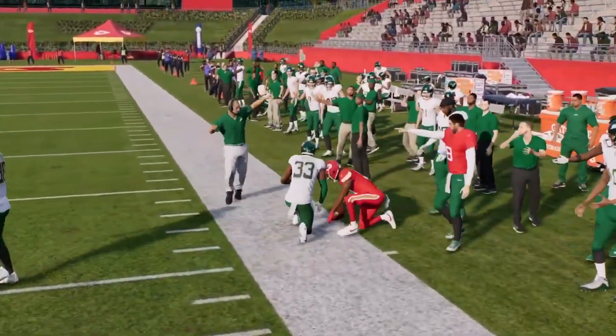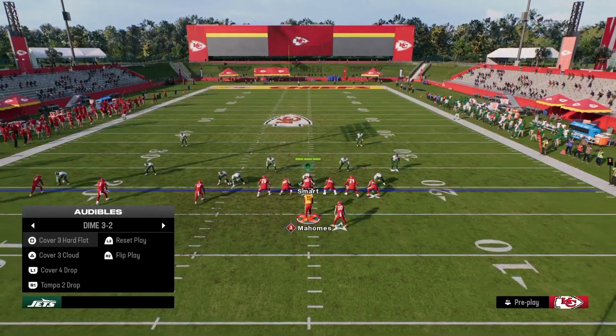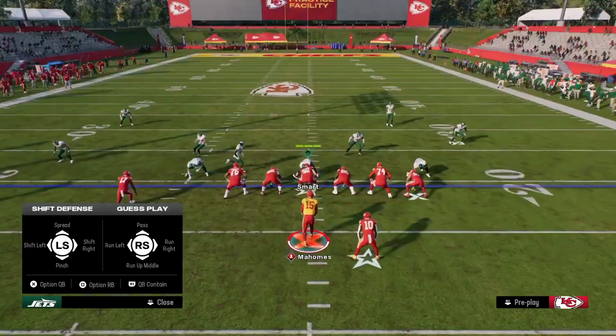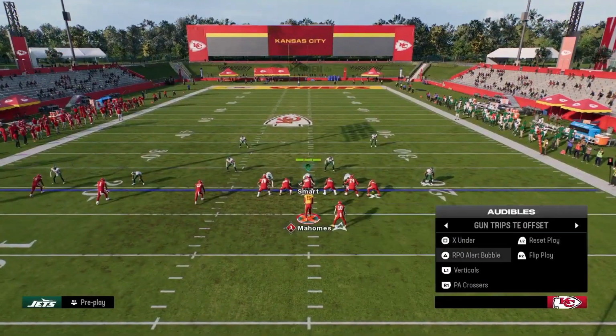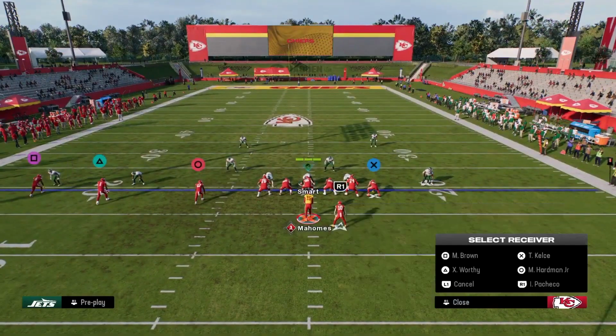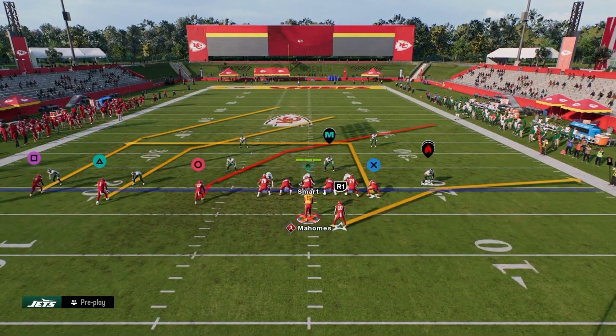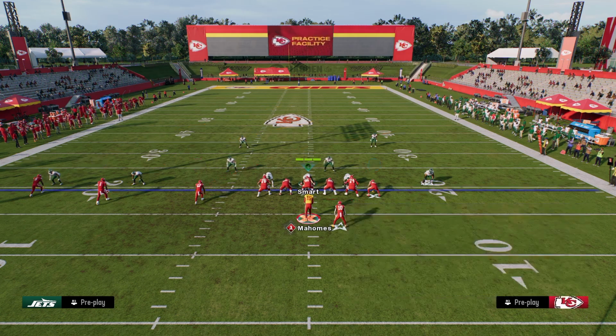So if they do run a zone coverage, let's say a cover 4 coverage, to try to stop this and we guess wrong, maybe we think they're showing man coverage and it's not, well then we can look to this play, and what you're going to see here is this creates a